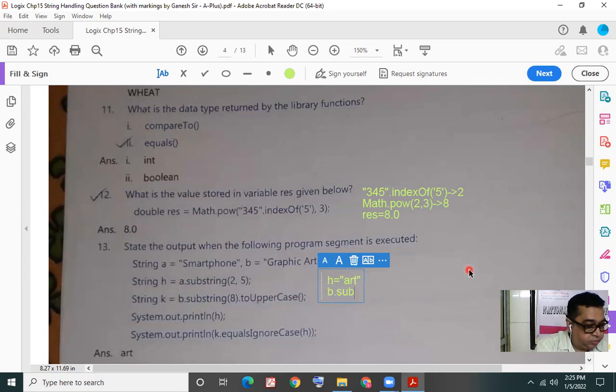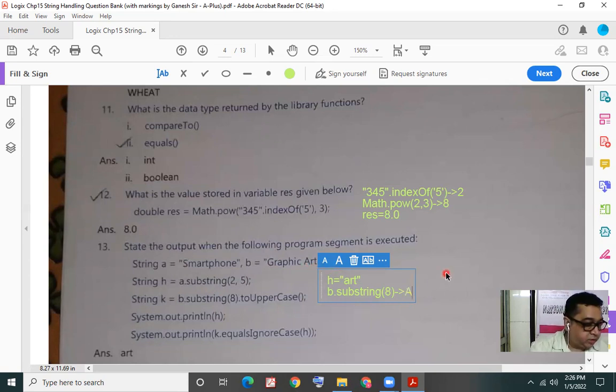B.substring(8). String B, which is graphic art, and index position 8. Let's check the index position 8: 0, 1, 2, 3, 4, 6, 7 is where the space is, and 8 is where we have the capital letter A. From there till the end, all the characters will be extracted.